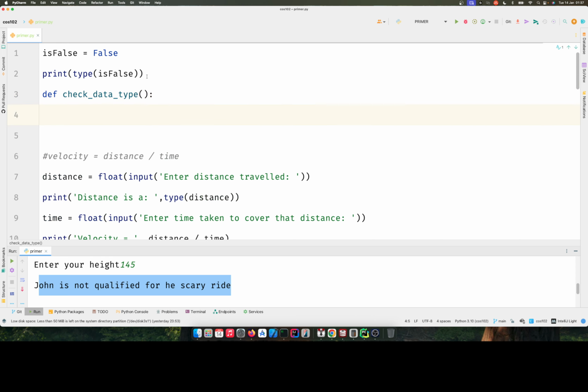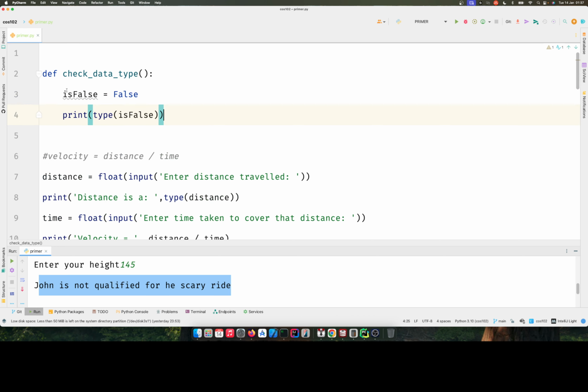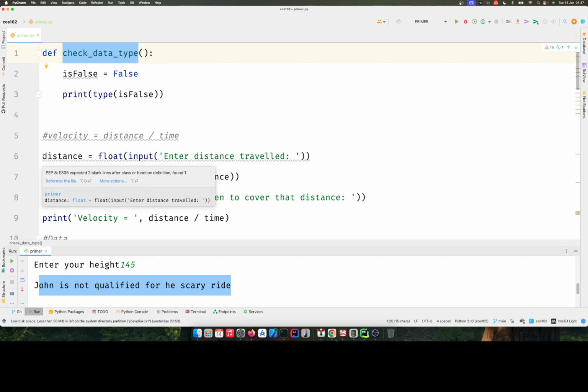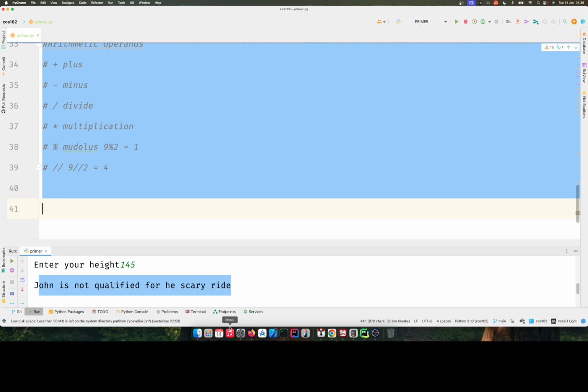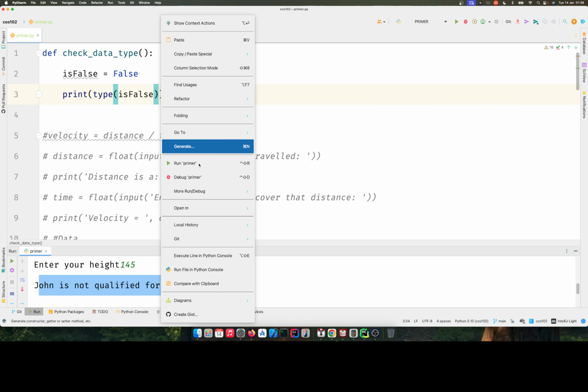So we can now have this. I'll take this and put this within this block. Now a block of code in Python just basically means from where you see this colon to the last line. That's the block of code within this particular function. So now we have a function called check data type. Let me comment out all these other pieces of code so that we just have this. So if we run this now,